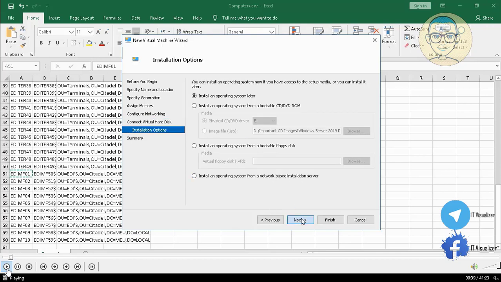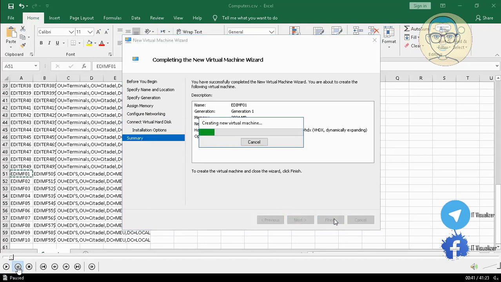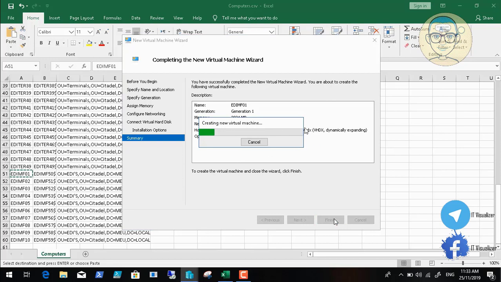And then we tell it to install the operating system later, so we need to insert the ISO image that contains the operating system. Okay, so